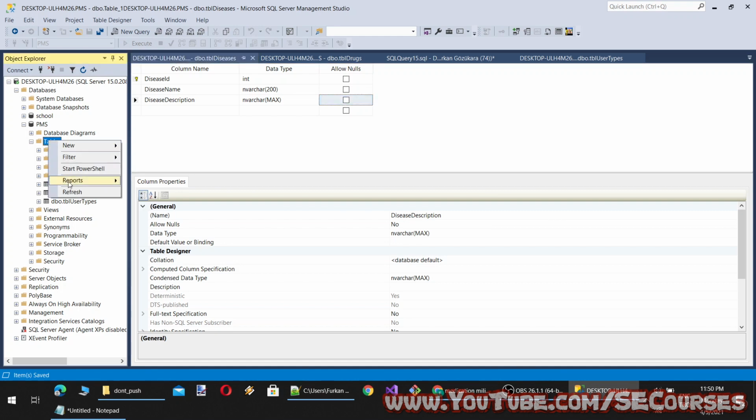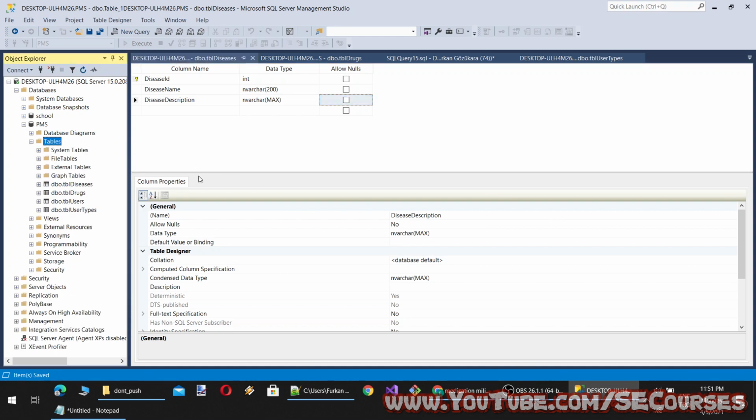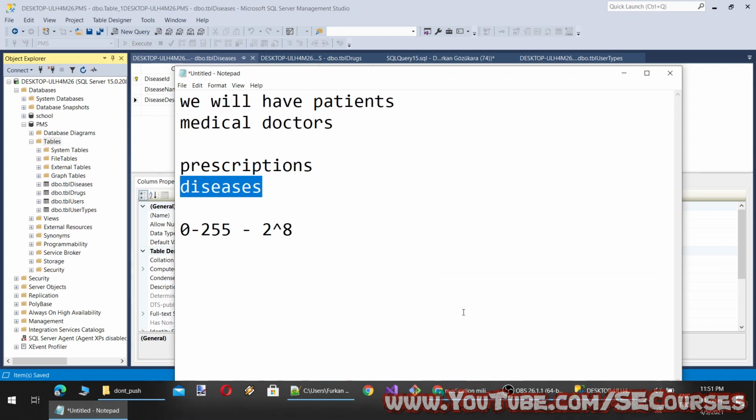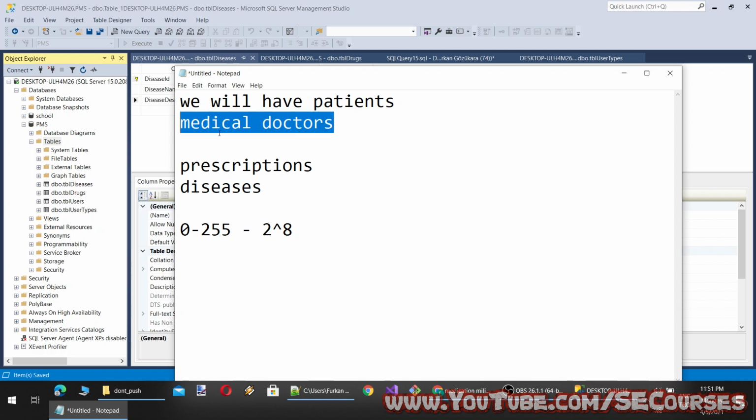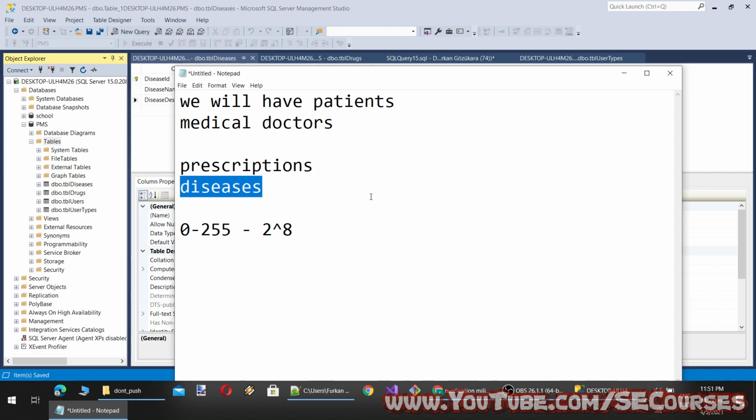Okay, one more table we need. What table can that be? Just think about that. Okay, we will have a table that will have the prescriptions. What does that mean? That medical doctors will write drugs to the patients with disease assignment.